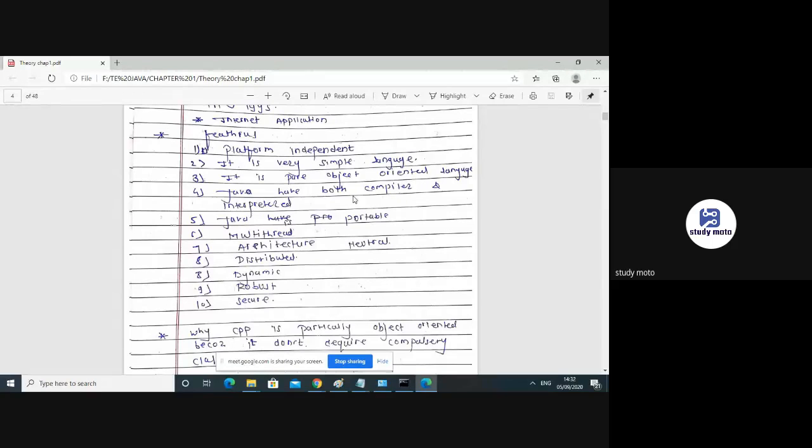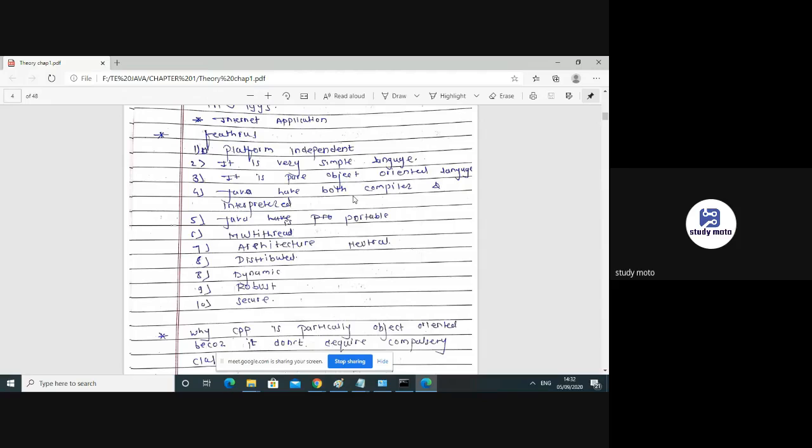It is a purely object oriented language. Java operates only on classes and objects. For every purpose we have to create an object, even for inbuilt classes and for accessing methods, we have to create an object of that class.